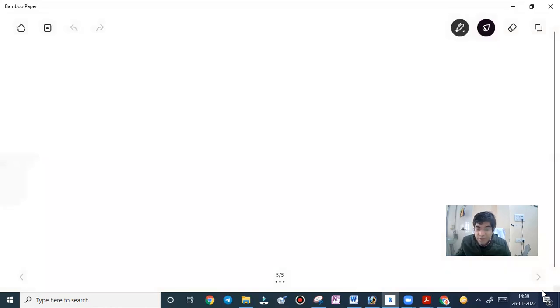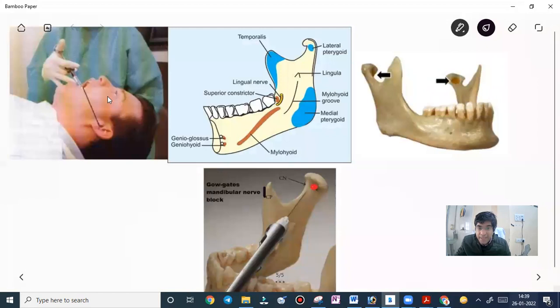So what we have to do is we palpate first of all the anterior border of ramus. Suppose this one is the anterior border of the ramus that is palpated. The tendon of the temporalis muscle that is identified. So the operator visually aligns the intraoral and extraoral landmark and directs the target on line extended from the corner of the mouth to the intertragic notch. So the needle should be advanced until